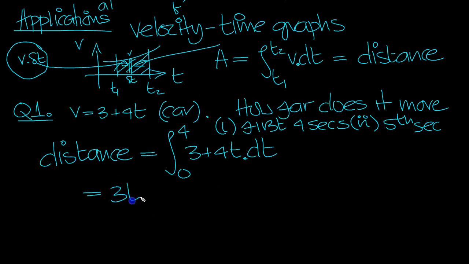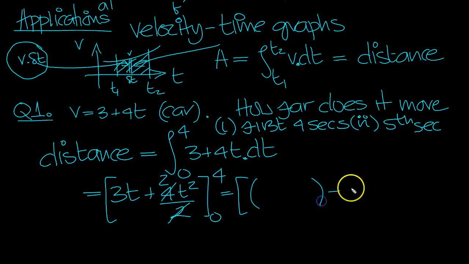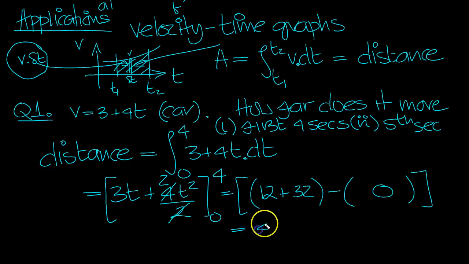So do the integration then. Same process. The constant integrates to the constant times t, and power rule, raise the power by 1, divide by that number. It's a definite integral, so we're going from 0 to 4. This cancels to 2. Top value take bottom. 0 in here and here will just give 0, so it's just the 4. 3 4s are 12. And then you've got 2 times 4 squared, 16, 32. So we get 44 meters travelled in the first 4